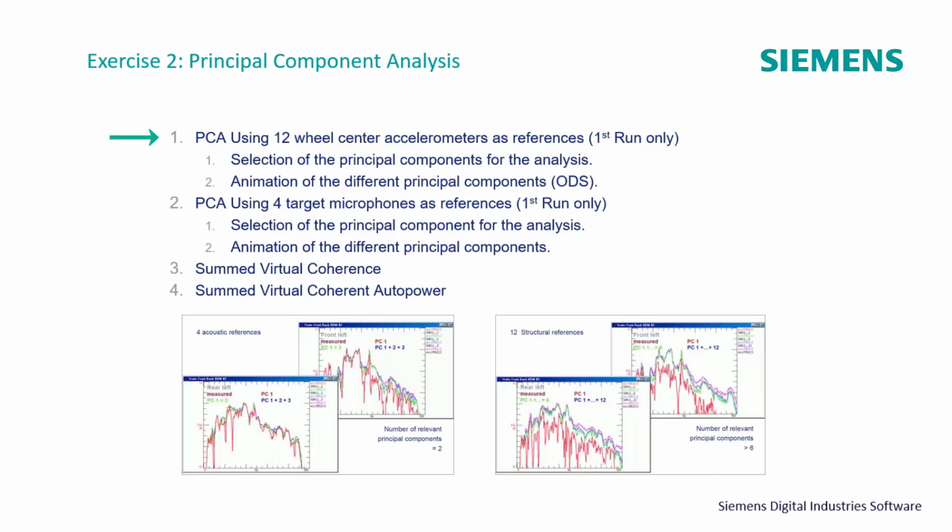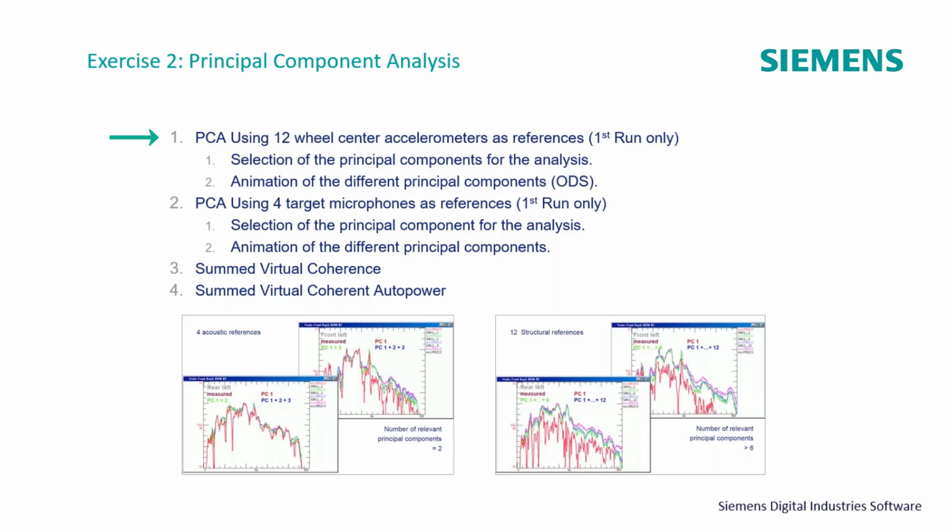We went through principal component analysis only using the first run. Basically, we had the same data across multiple runs, which was steady state, driving down a part of the road at a constant speed. We looked at multiple runs, and we decided that one of the runs looked better than the other ones, and that was run number 1. So we chose to do these studies just for the first run only.